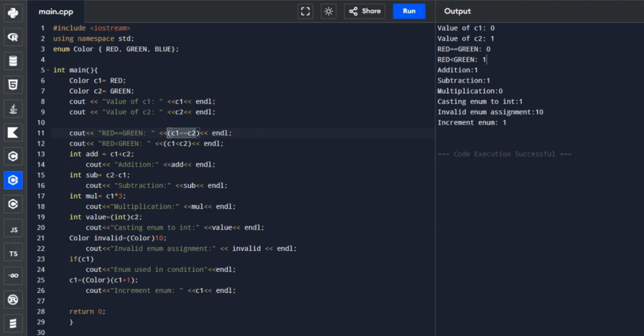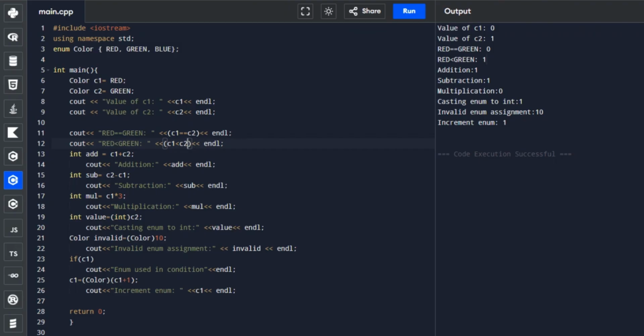Equality, and now relational comparison, the relation of red and green. So we compare if red is less than green. As you can see, the value of our C1 is 0, and the value of our C2 is 1.